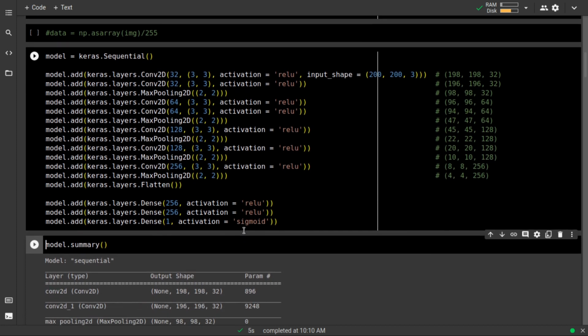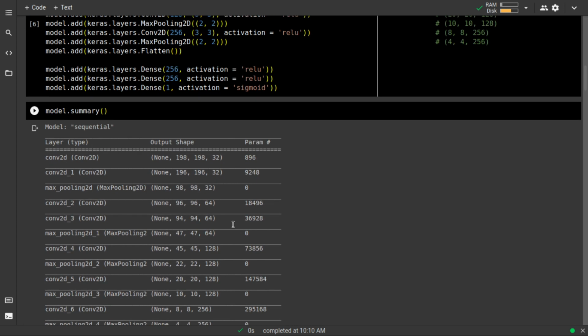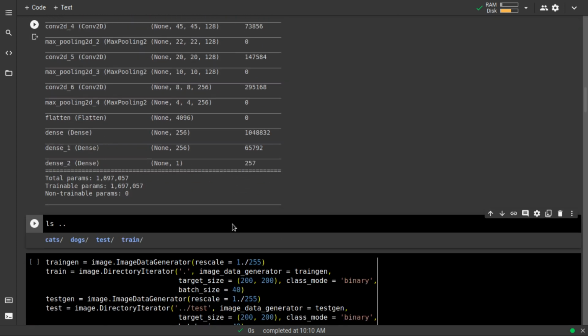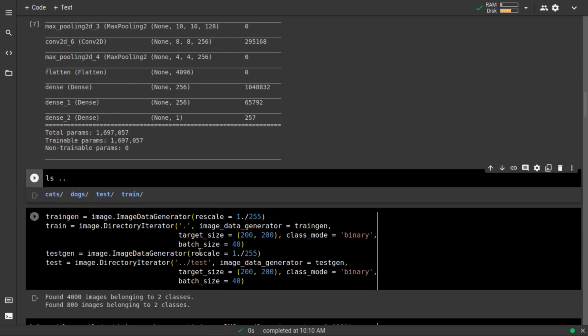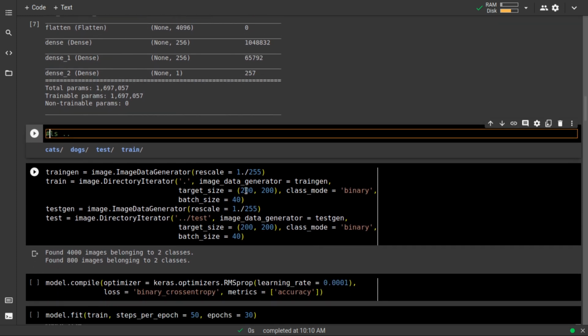Okay, so it is going to take some time, and you can do model.summary to identify what is happening. All right, so you don't have to focus on this one, you should focus on this one. Now, for visualizing how a neural network is learning, we'll have to train it first.